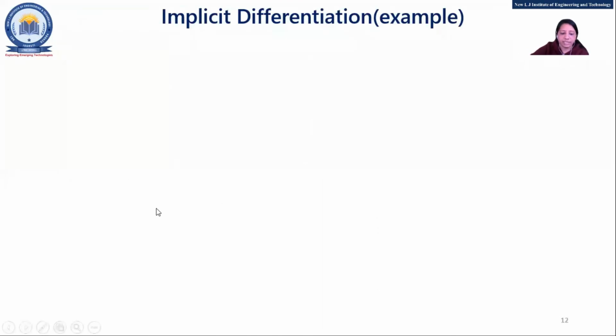Fine. Okay. Next one is u equal to tan inverse x by y, x square plus y square equal to a square. So find out du by dx. Up till now it is dy by dx. Now we need to find out du by dx. And u is given as tan inverse x by y. So how we are supposed to find out? First we'll find out du by dx.